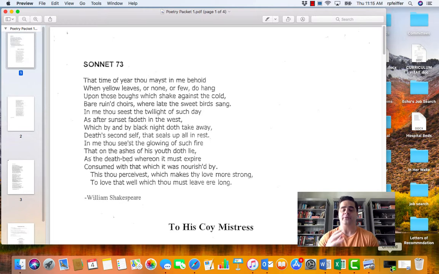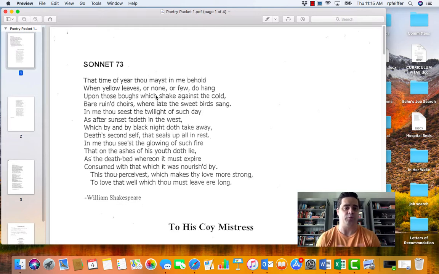So anyway, the four poetry packets you've gotten so far move relatively chronologically, starting in the Renaissance and then into the late 20th century, 21st century too, I suppose. One of the things I hope you noticed is there's a general movement away from formal poems. When we start with Sonnet 73, a sonnet is, of course, a formal poem, and we move into the realm of what we call free verse, which is informal poems.